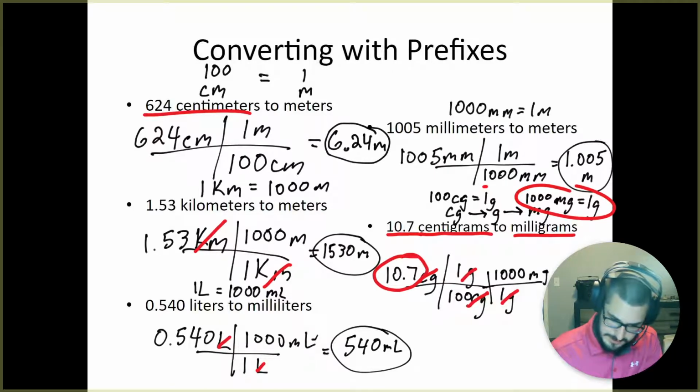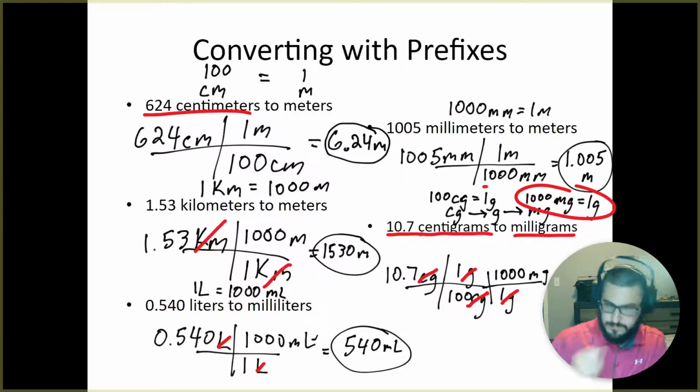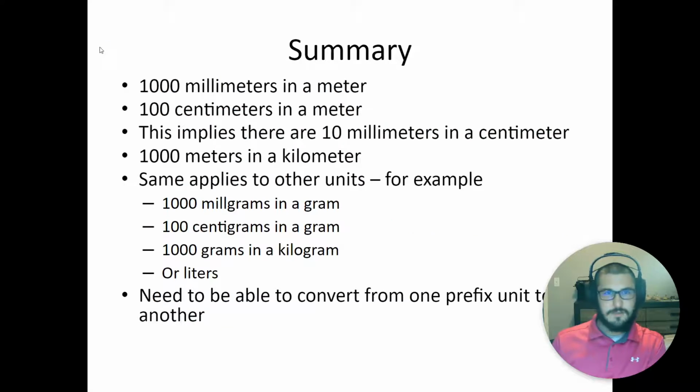10.7 times 1 times 1,000 divided by 100. Okay? When you do that out, you should end up with 107 milligrams. Okay? Then, in